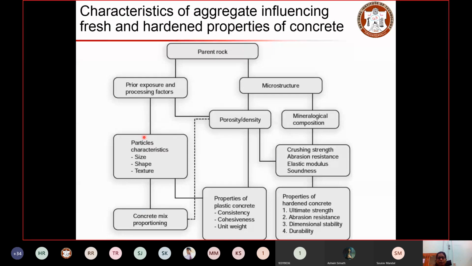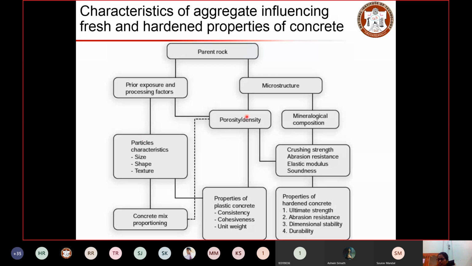And whereas the microstructure basically represents the physical and chemical characteristics of the aggregate. It is the pores and density. Aggregates are in general porous in nature, so it is very difficult to get an impermeable aggregate, right? Some pores will be there in the aggregate, and depending on the nature of the pores, they will be permeable and allow water, or impermeable, that will not allow water but will just collect water in the pores. Okay, so pores significantly influence the density of the material.